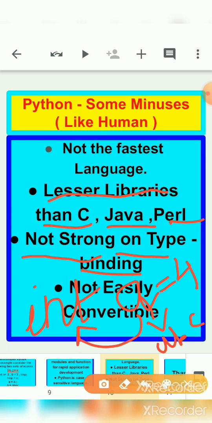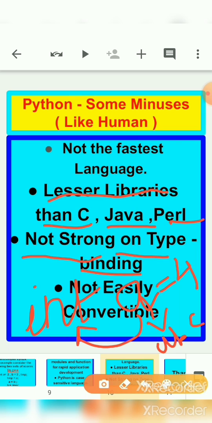So here C++ will definitely give you an error, but Python ignores such things. For Python everything is okay. So we can say that it is not strong on type binding. If two different data types are working together and such a mismatch is there, Python won't complain or pinpoint anything.